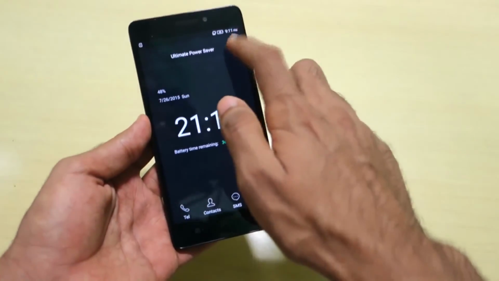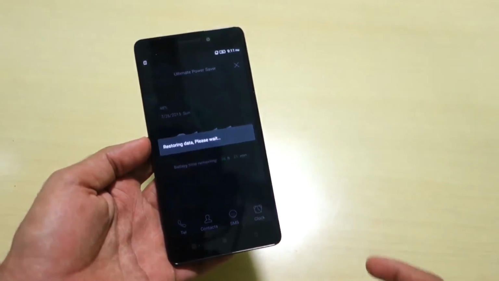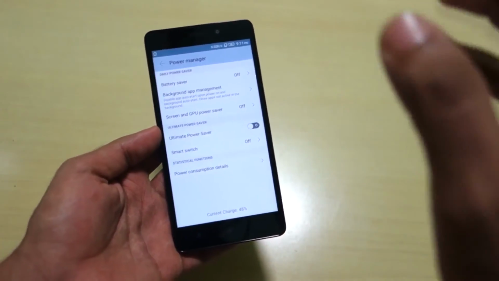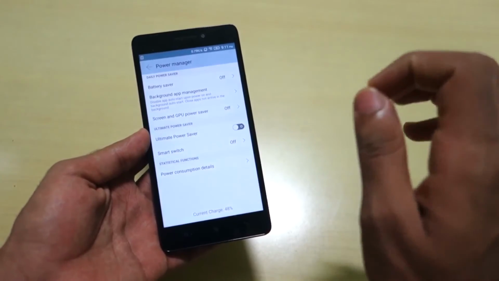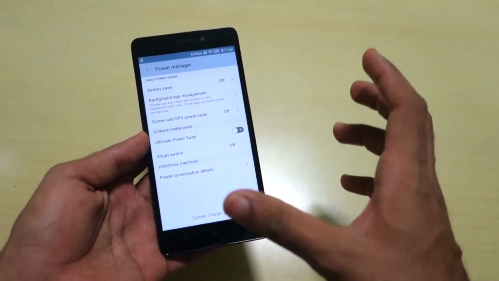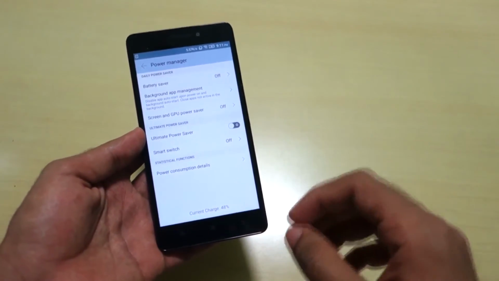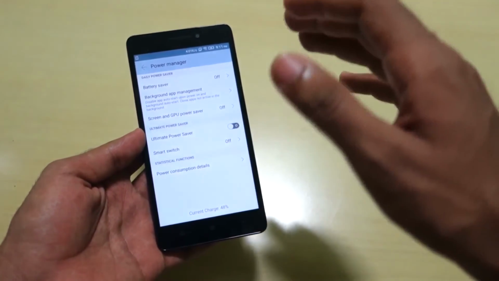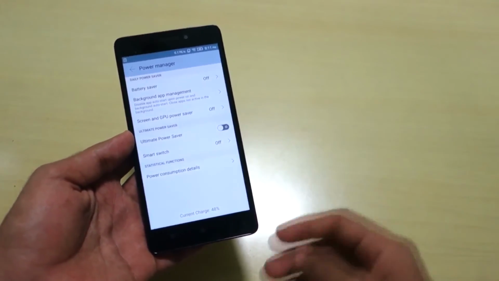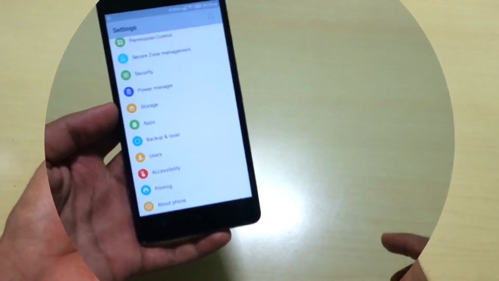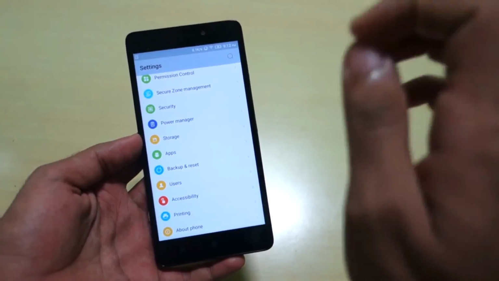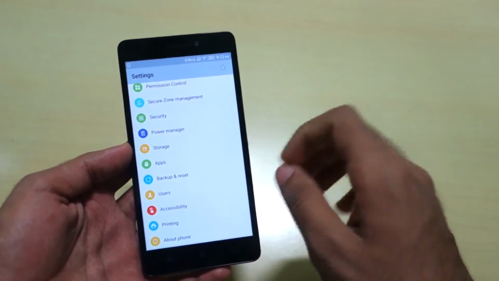These are the only applications that will be there for ultimate power saver mode, and you cannot add applications as of now in the ultimate power saver mode. But it will surely save a lot of juice for you. So if you have 10% of battery left on your phone, and you want to make it last another 4, 5 or 6 hours, then enable ultimate power saver mode, and it will surely last for the next 6 hours. So yeah, these were the features which Lenovo's Vibe UI with Android Lollipop has.